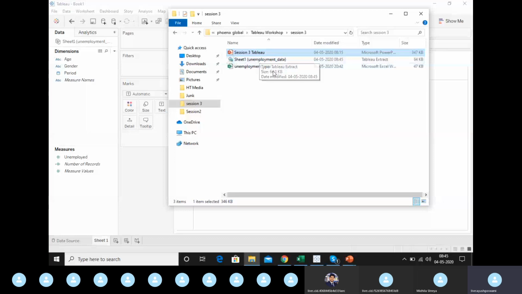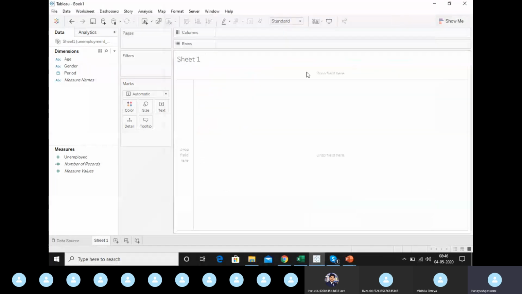This is the replica of this file, but you cannot open this file and view the content as this is a Tableau extract. Tableau saves it in a form where it can access it. It's not possible for you to open it and see the contents, but the contents are the same. If you connect this extract to your Tableau, you'll find the same data copy that is there in unemployment data. So it helps us have better speed when the data is dynamic, right? And one more thing, once you are connected to the extract, you can see a symbol change here. So this data set now has a copy as an extract, right?